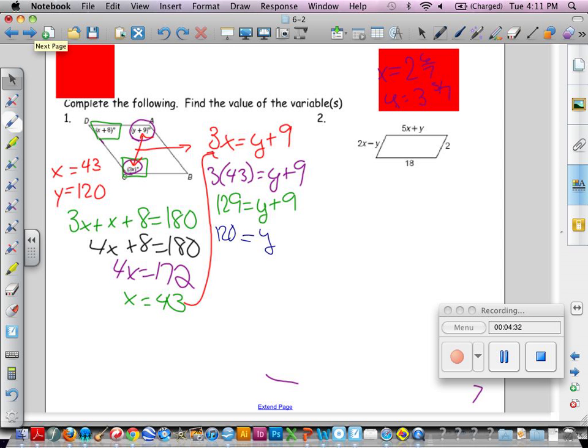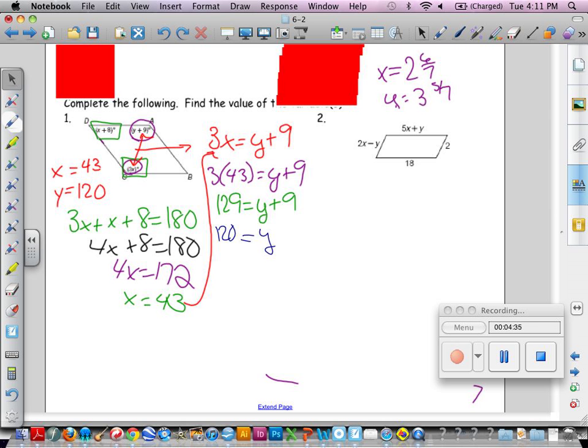Welcome back. The answer to that is x equals 2 6/7 and y equals 3 5/7. If you have that answer correct, fast forward through the work. In this problem, you have opposite sides given. Opposite sides are equal. 5x plus y equals 18. 2 variables, you need 2 equations. 2x minus y